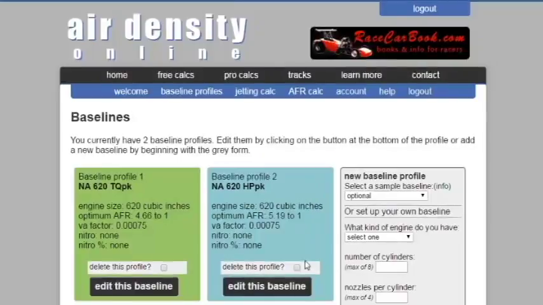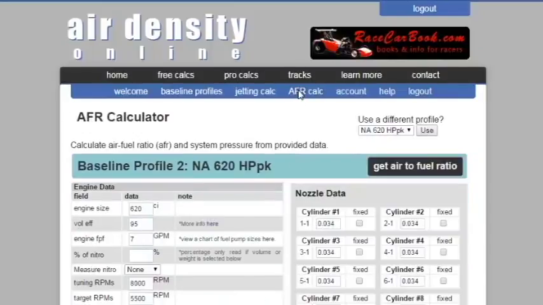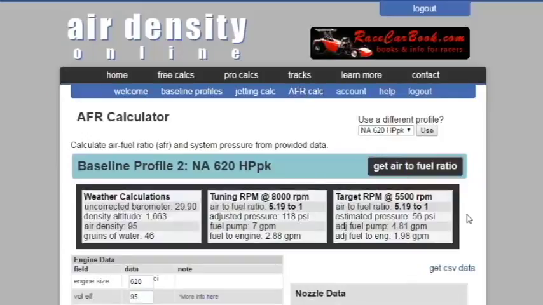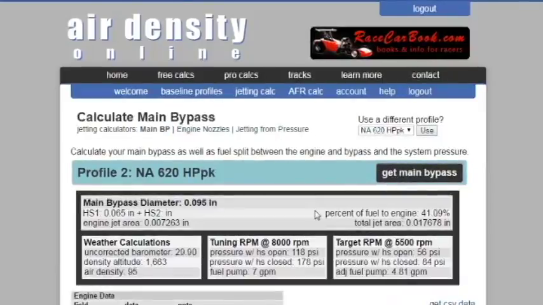Let's examine. Everything looks correct that's in there. I'm going to go immediately to the air-fuel ratio calculator. Get air-to-fuel ratio. Fuel pressure gets up to 118 with the high speed. I'm going to switch over to jetting calc. I'm just going to jump to the main bypass, and it'll pull all of the data out from the baseline profiles. Get main bypass. Okay, that's showing me the pressure